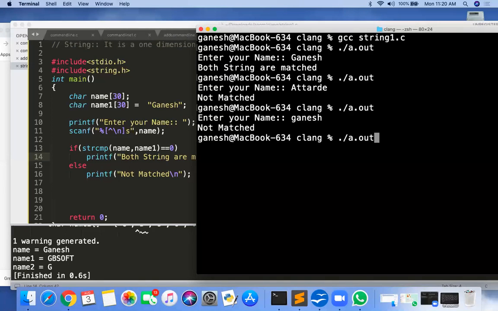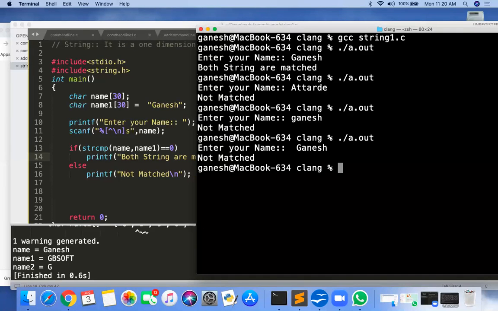If a space is there, space Ganesh, then not match. So it does only character by character matching. First character matches with first character, then only it goes to the second character. Second character matches with second character. If it does not match, then not match.